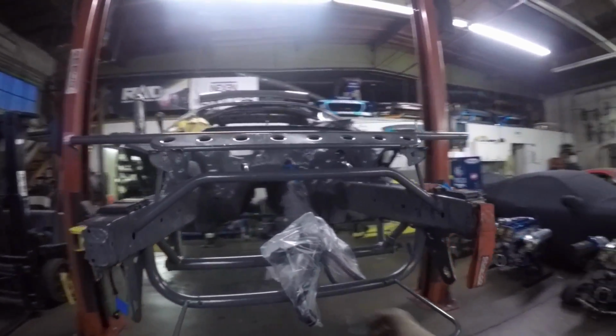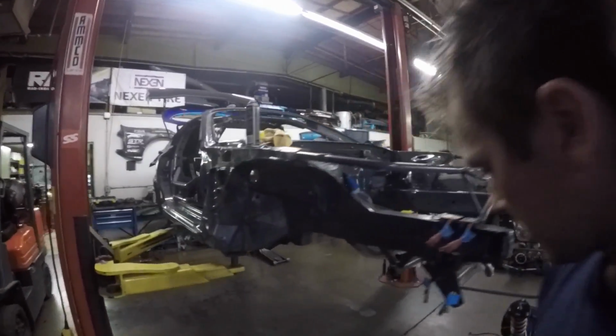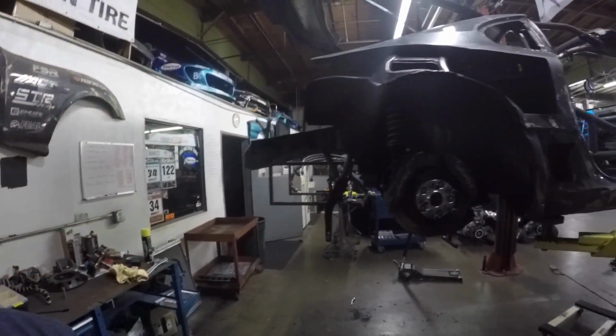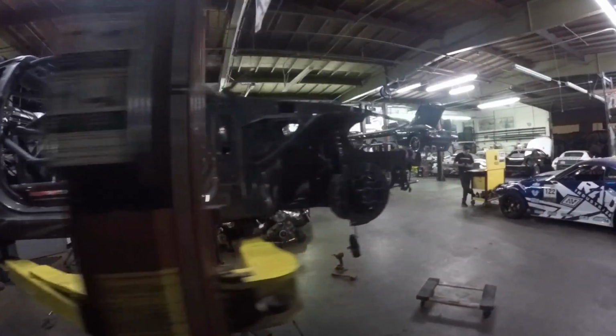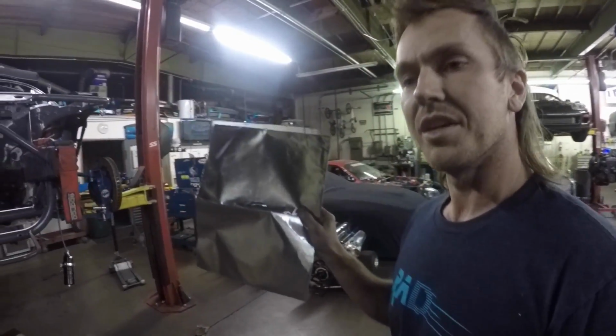Time to work on the Supra. Okay, so I'm gonna put the subframe back in, and then probably the rear subframe and the radiator. Start putting stuff back together. All right, here we go. Rear subframe is in. There's only one rear subframe. The rear subframe is in, and the front subframe. Okay, so now I'm gonna lower the car down and put some of this reflective heat shielding tape